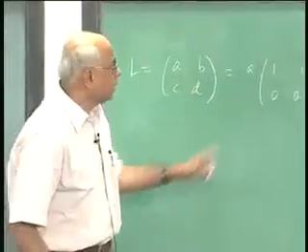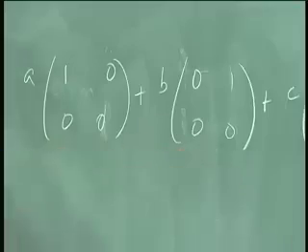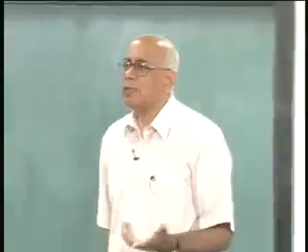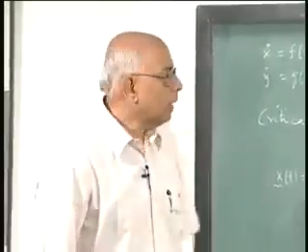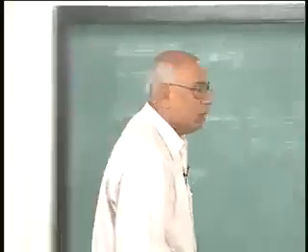The problem arises because these matrices, their commutation properties are not trivial. So if you take 2 of these matrices and ask what is the product and what is the product in the reverse order, they are not necessarily equal to each other, and you can see that this gets fairly complicated as you go along. So what one would like to do is to change the basis to a better basis where the mutual commutation properties between the basis vectors, basis matrices, is a little simpler,